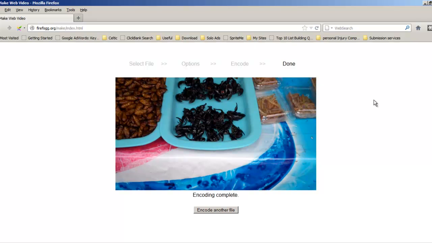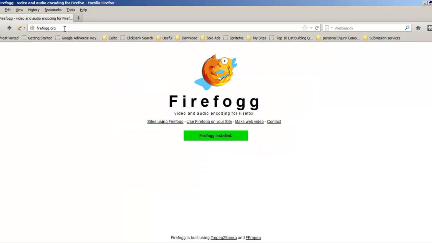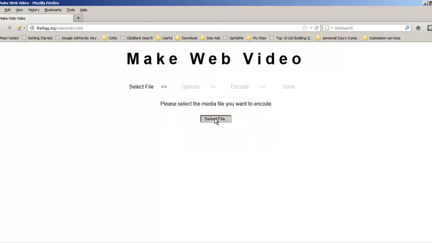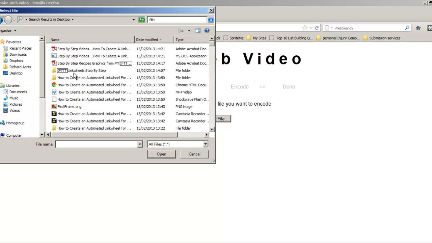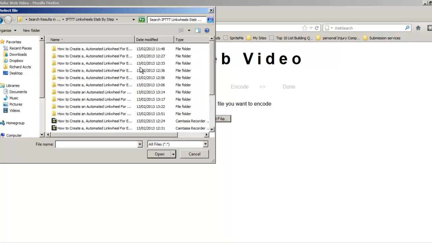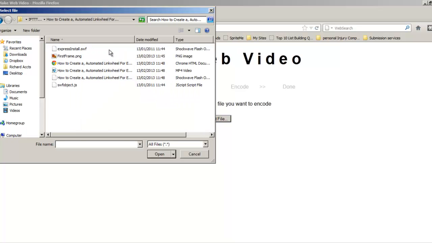what I'm going to do first, what you need to do is to go over to this site here called firefogg.org. Okay, you access this only via Firefox browser. When you do that, you click on make web video. Okay, so if I want to select a file, I can go and select a file that is a video. I did some videos last night. I'll just convert one just to show you how it works. And we can take one of these, for example. So I've chosen an MP4 file,